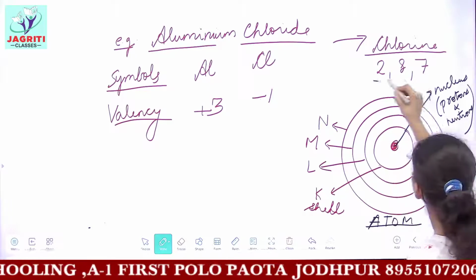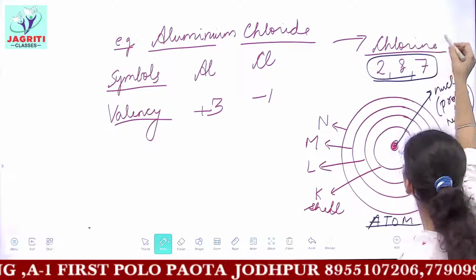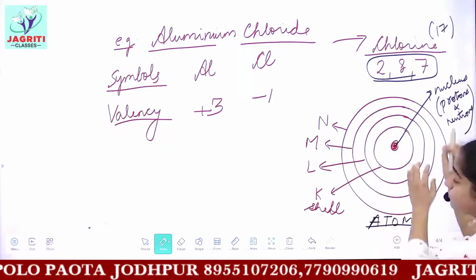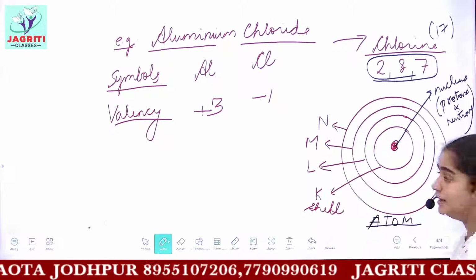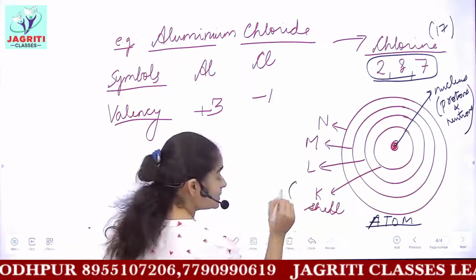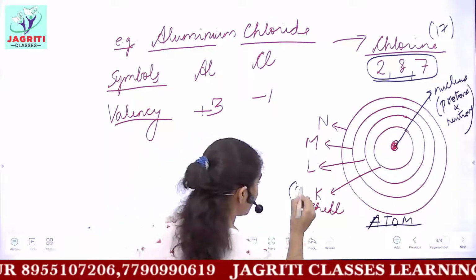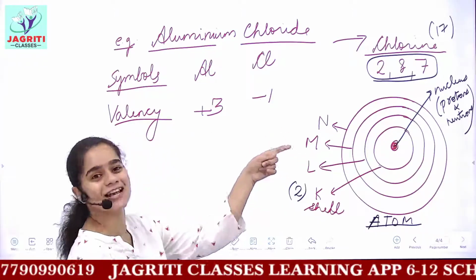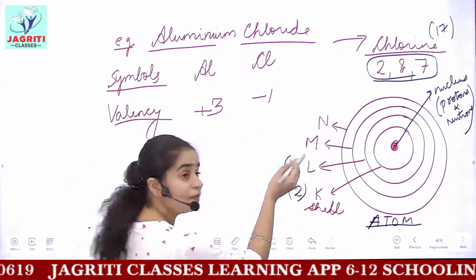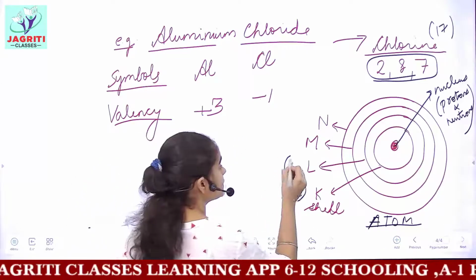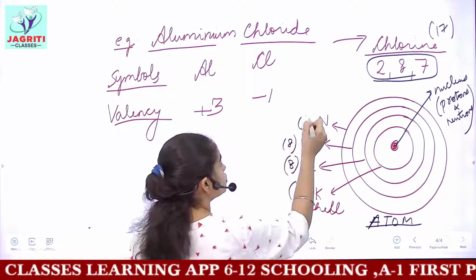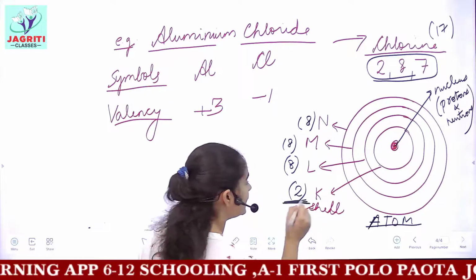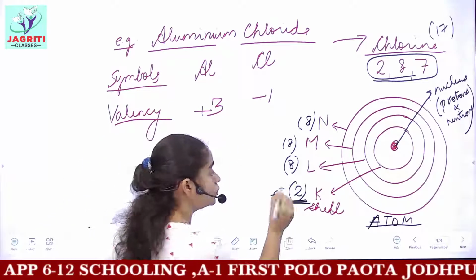And these electrons, okay, the atomic number of chlorine is 17. So these 17 electrons are arranged in different shells, K, L, M, N. Remember that the maximum number of electrons which can occupy the K shell is 2. The next, third electron will move into the next shell, that is the L shell. The maximum number of electrons which can come in the L shell is 8, and similar is the case with the M and N shells. So just remember these maximum numbers of electrons.